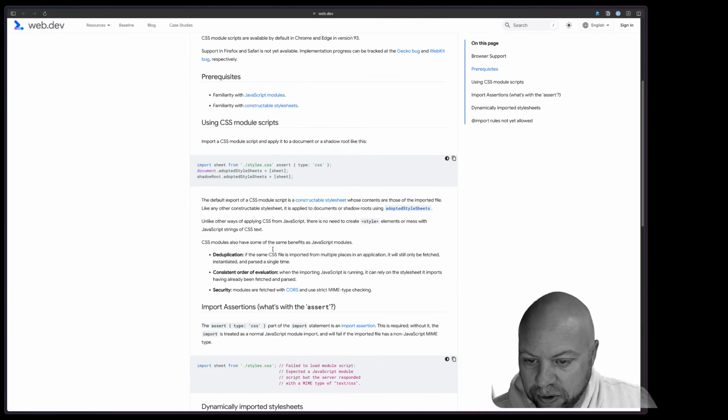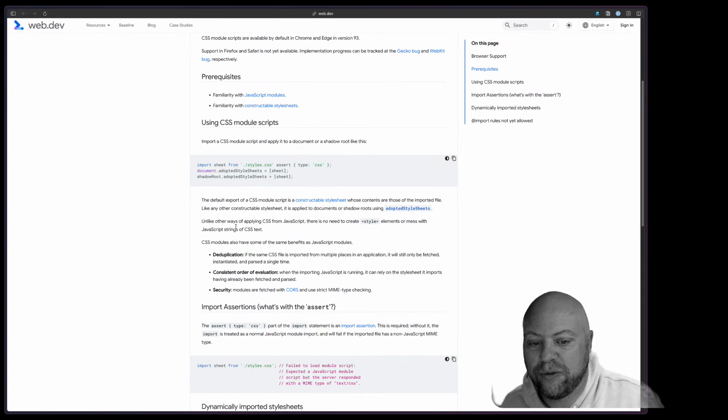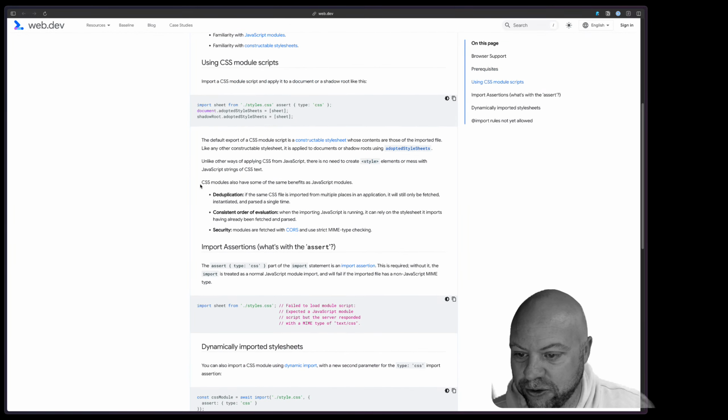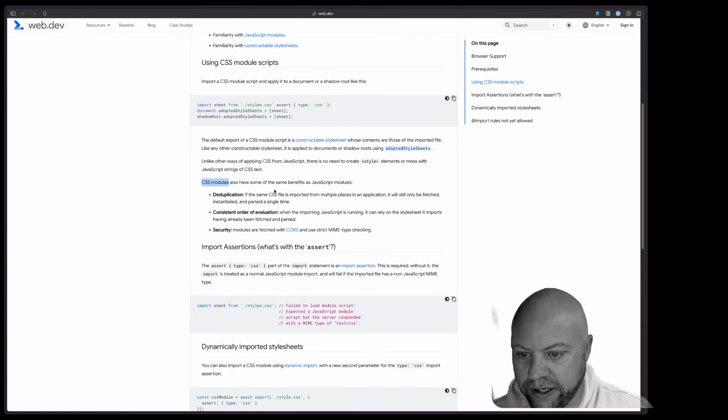The default export of a CSS module script is a constructible style sheet whose contents are those of the imported file. Like any other constructible style sheet, it is applied to documents or shadow roots using adopted style sheets. Unlike other ways of applying CSS from JavaScript, there's no need to create style elements or mess with JavaScript strings or text. I'm glad we're on the same page here. I just explained that in the stream before I even read this, so good. CSS modules, not to be confused with CSS modules, the thing that's been around for 10 years that I also like,